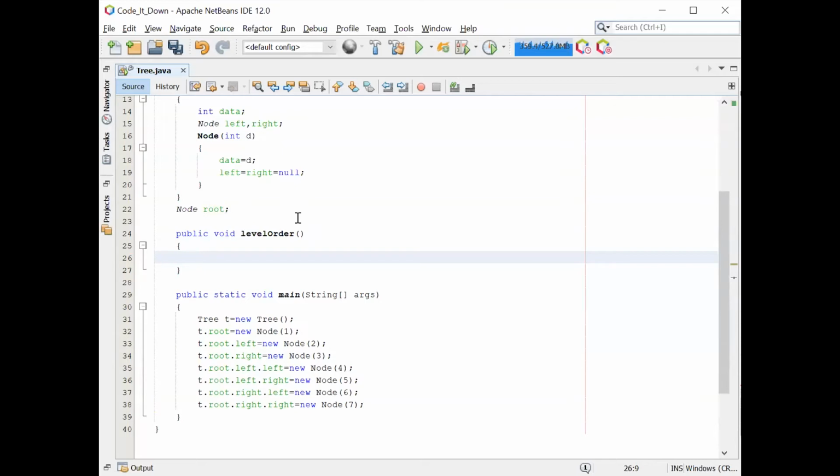So we are going to use a queue of type node. This is generics. Let's name it queue. Then new linked list, because it is in the linked list interface.